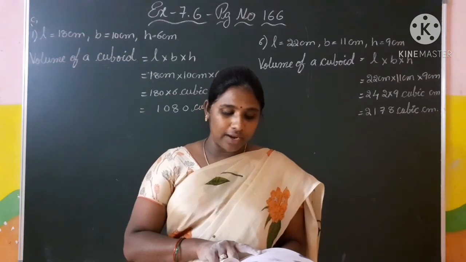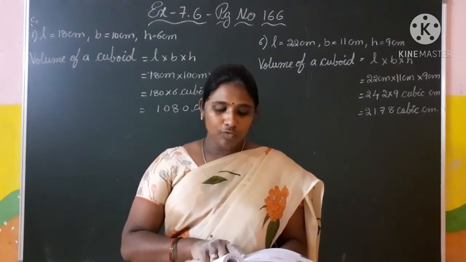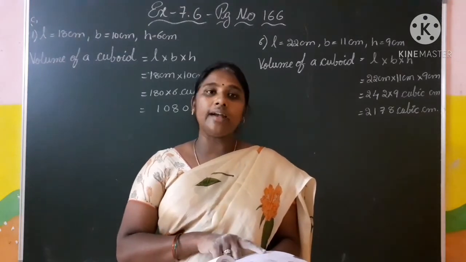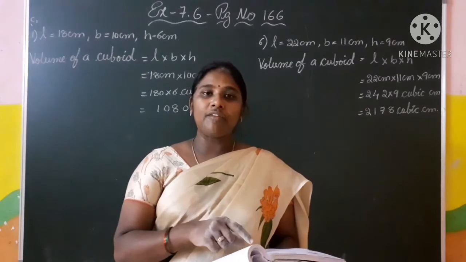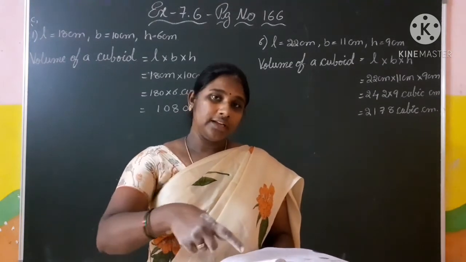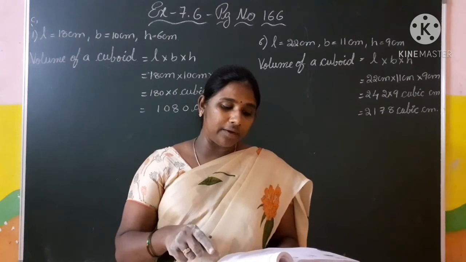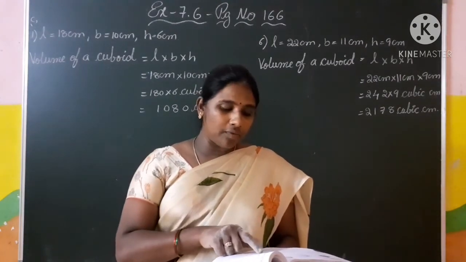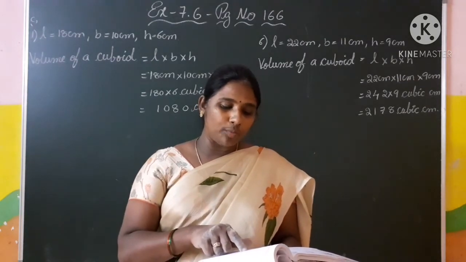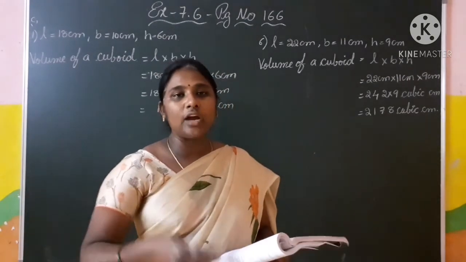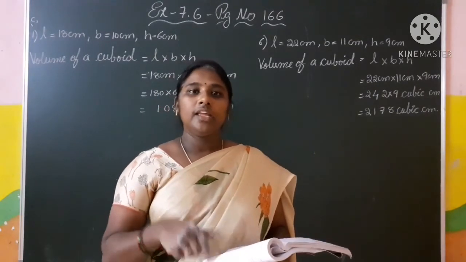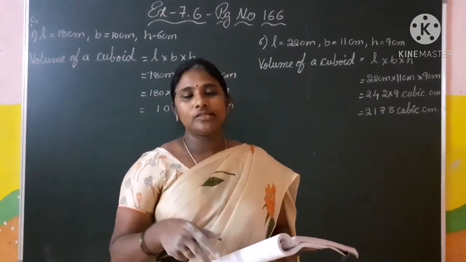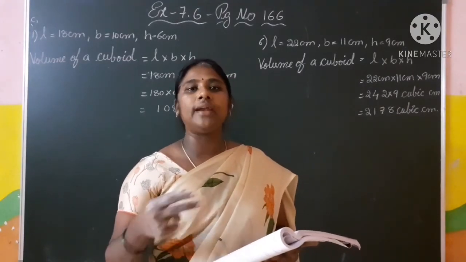There is a flower bed 80 centimeter long, 40 centimeter wide and 2 centimeter deep in Shruti's garden. So there is a flower bed that will be there. It is in the shape of a cuboid, 80 centimeter long, 40 centimeter wide and 2 centimeter depth. Find the volume of the soil the gardener dug out to make the bed. How much soil is taken out from that flower bed? He wants to make the flower bed, then he removes the soil from that. So how much soil can he remove? So we have to find the volume.